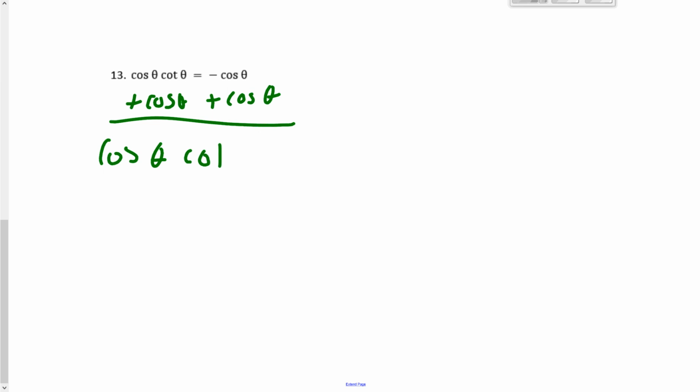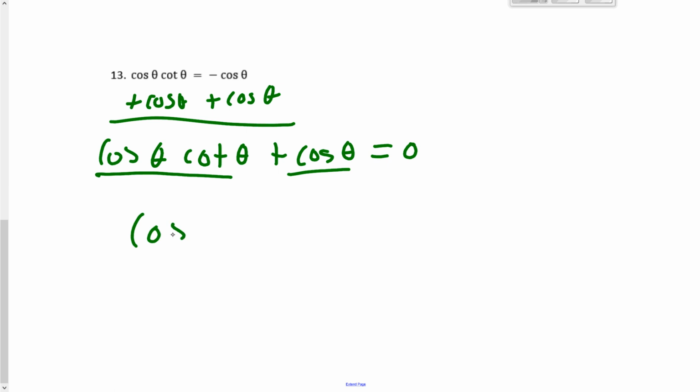Okay, so here we have 2 different trig functions, so we might want to set one side equal to 0. So if we add cosine of theta to both sides, now I can't add to that because that is a cosine times cotangent, right? So this is going to be cosine of theta times cotangent of theta, and then plus cosine of theta equals 0. And so now I can go ahead and factor out a cosine because it's in both terms here. So I factor out the cosine of theta. I get left with the cotangent of theta, and then cosine over cosine is 1, so I need to put a 1 there,